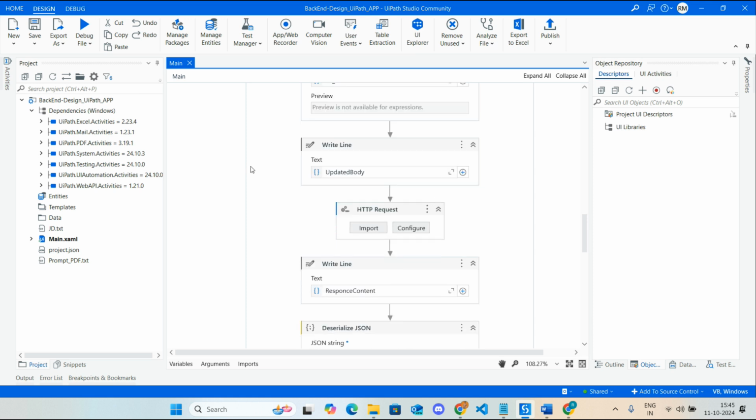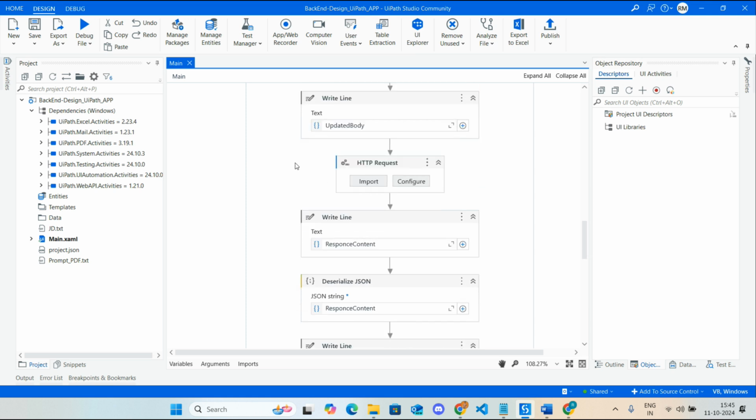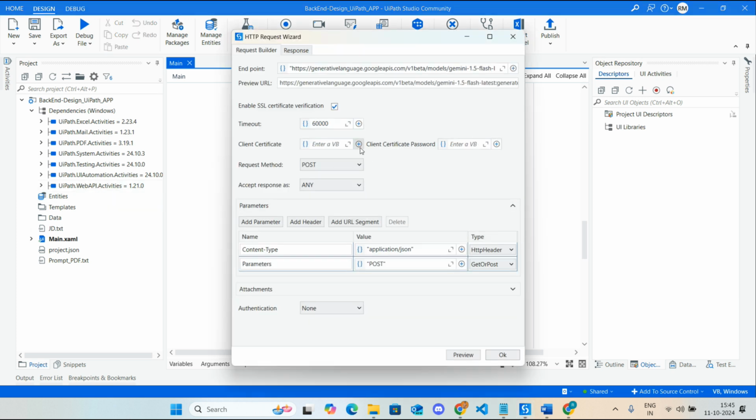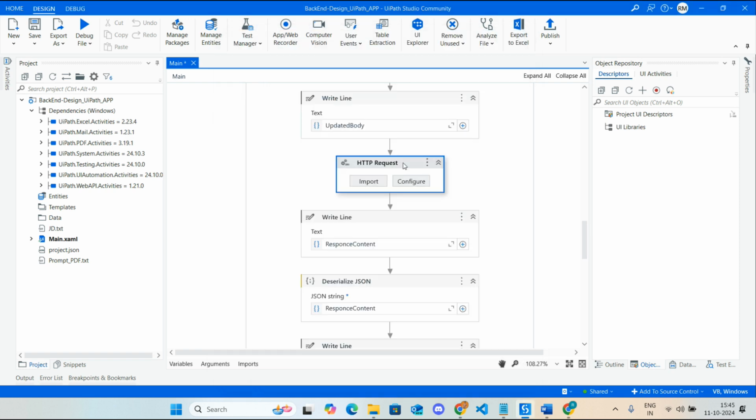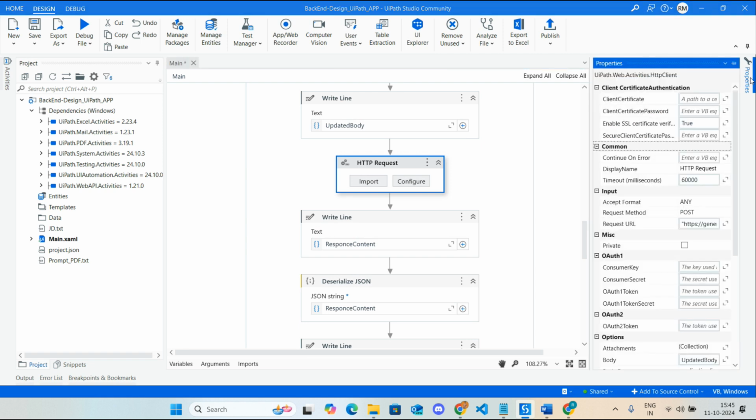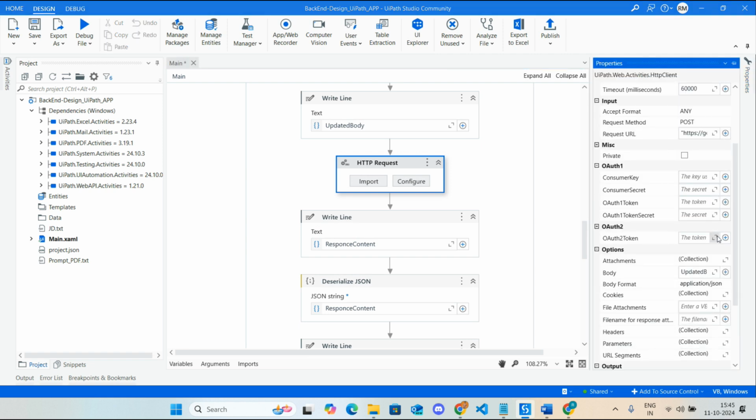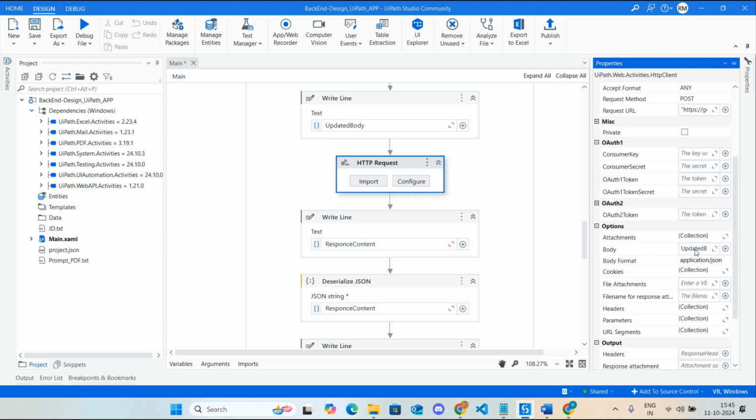Then we will be feeding it to the Gemini API by using an HTTP request. For this, you will need the web API activities package. If I go to configure over here, the endpoint URL and everything, post and all, I already covered in that video. You can go and check. If I go to properties over here, in the body, the updated prompt I'm feeding after replacing all the values